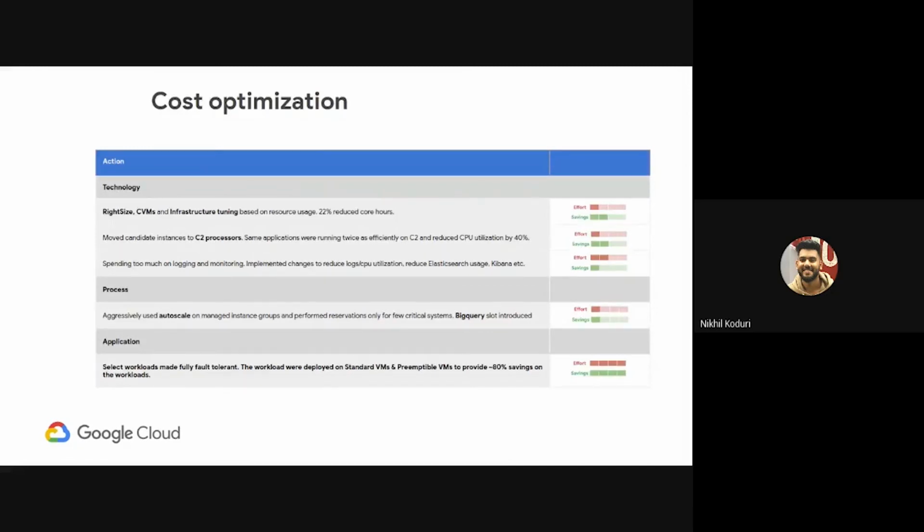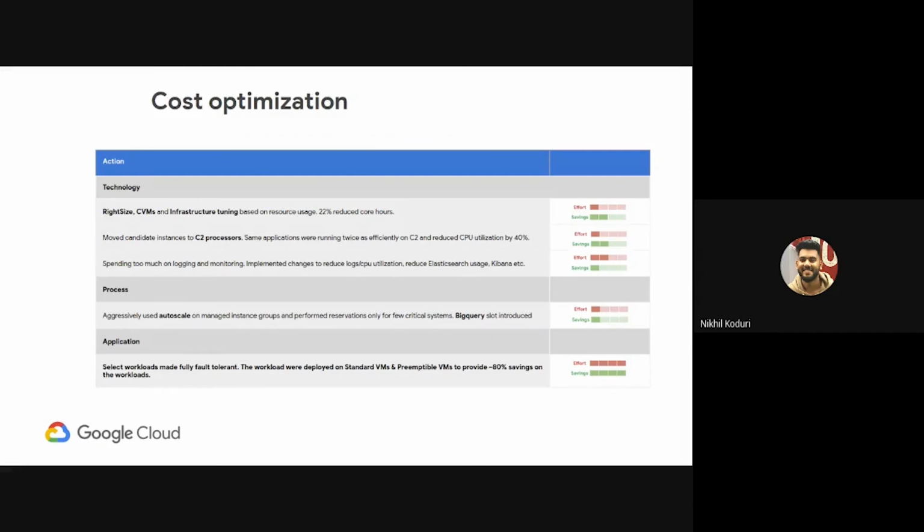You can have cost optimization. You can right-size your VM according to the tuning. You can move to a different processor type to increase or reduce CPU utilization and get a bigger amount of efficiency. You can introduce BigQuery slots into your application and the BigQuery dependencies that you would have, and aggressively auto-scale on managed instance groups, and use reservations for critical systems, right?